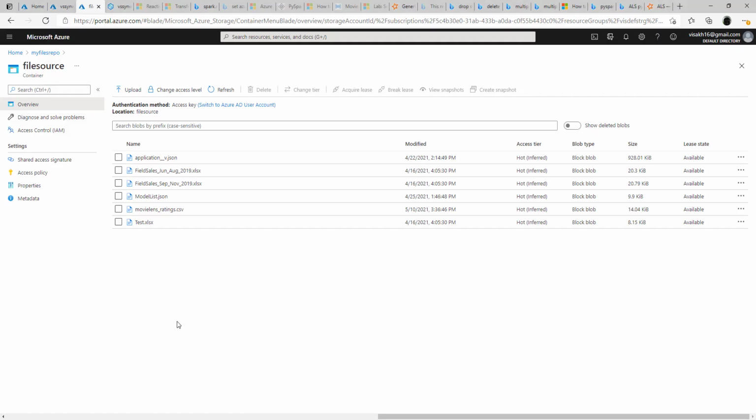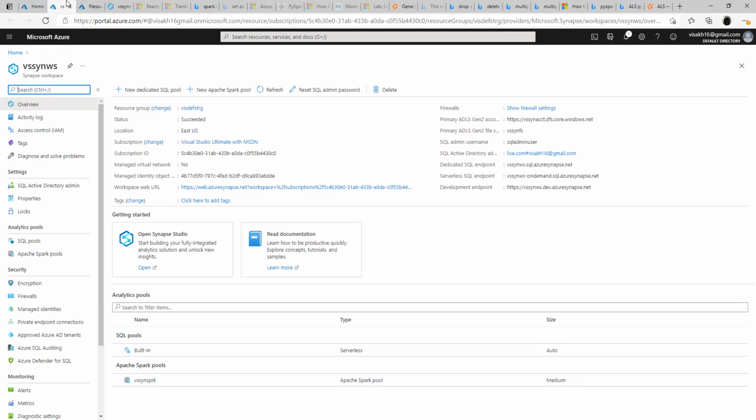And in our Azure, we will also have a Synapse Analytics instance which will have the built-in serverless pool and also a Spark pool which we will be creating. And in this Spark pool, we are going to implement a logic for doing the recommendations based on the movie ratings data that we are going to upload from the Azure Blob Storage.